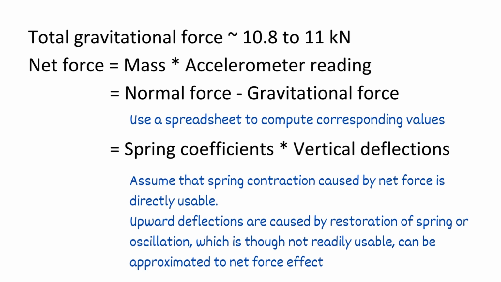Net force equals mass times accelerometer reading, which is also equal to normal force minus gravitational force. Use a spreadsheet to compute corresponding values. Then equate it to spring coefficients times vertical deflections. Assume that spring contraction caused by net force is directly usable. Upward deflections are caused by restoration of spring or oscillation, which, though not readily usable, can be approximated to